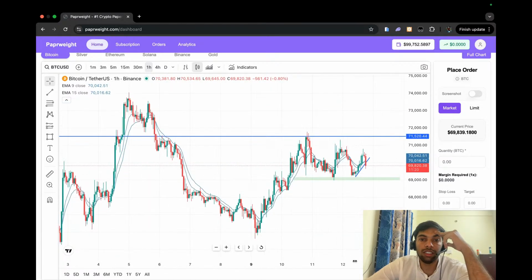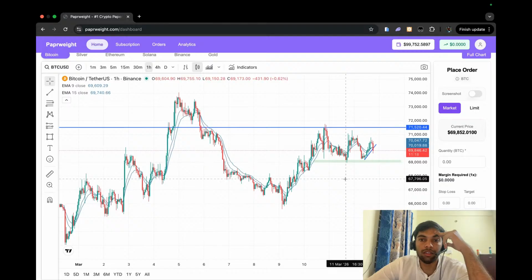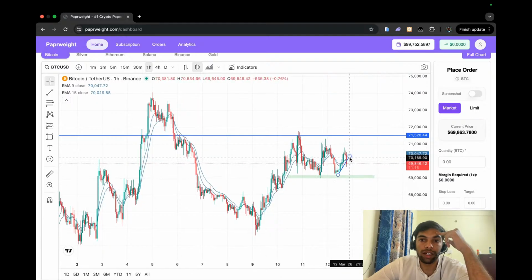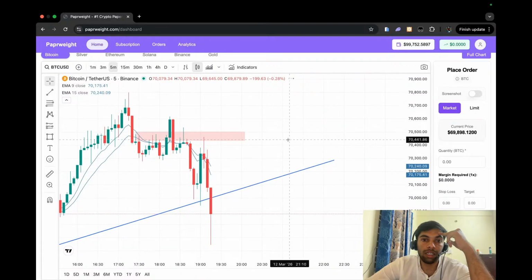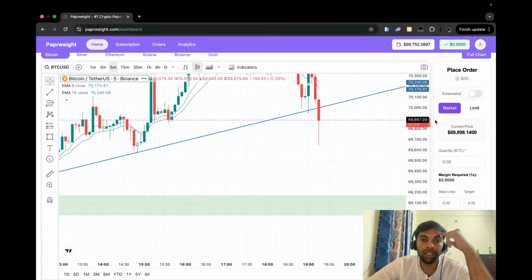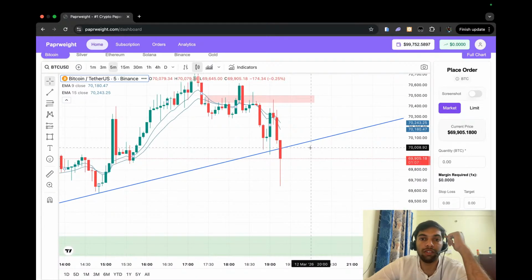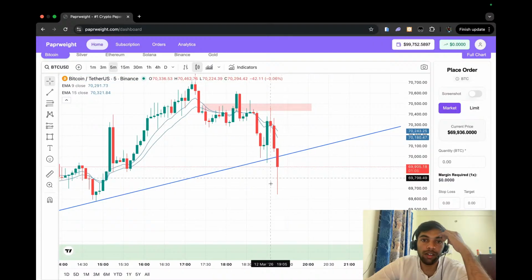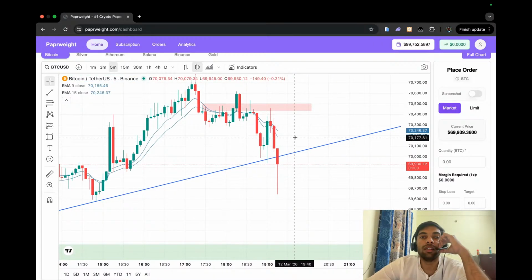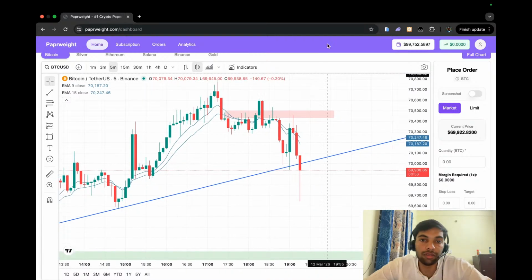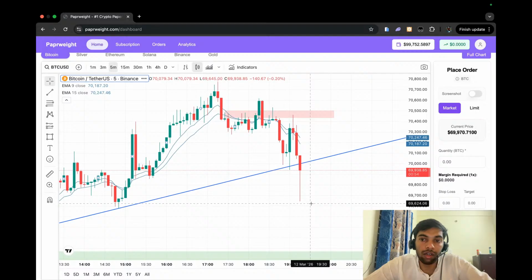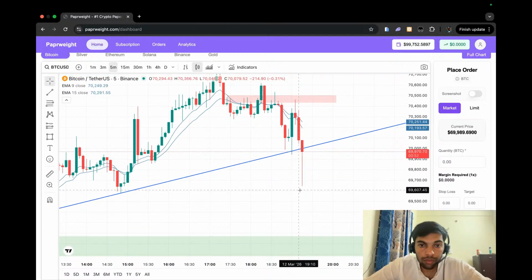This is the selling area. This is the nearby buying zone. This is the trend line breakout, and if this breakout sustains, then the possibility of going in the downward direction is quite high. If this doesn't sustain, then the market will trap all the sellers, and the market will touch this buying zone again. The probability of that is also high. Everything depends on how this candle is going to close.